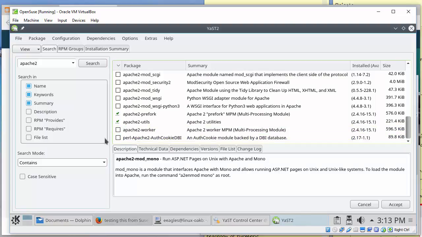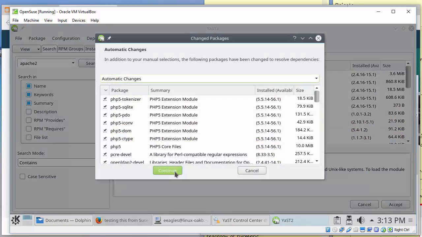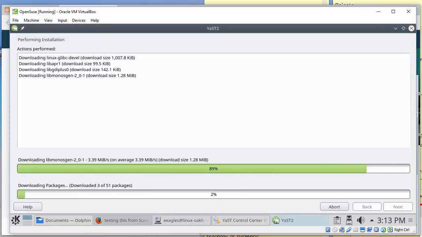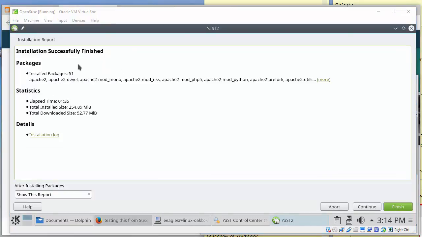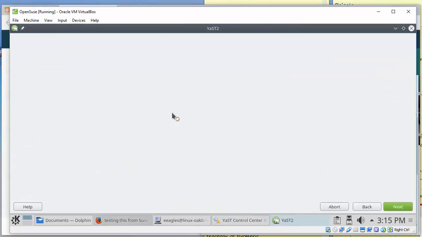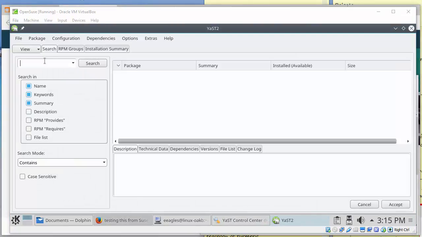So that's just an example really for this demonstration of installing, say for example for Apache. Okay, so that's what I've just installed. That's a summary, and then I'm going to go back and pick my next choice,